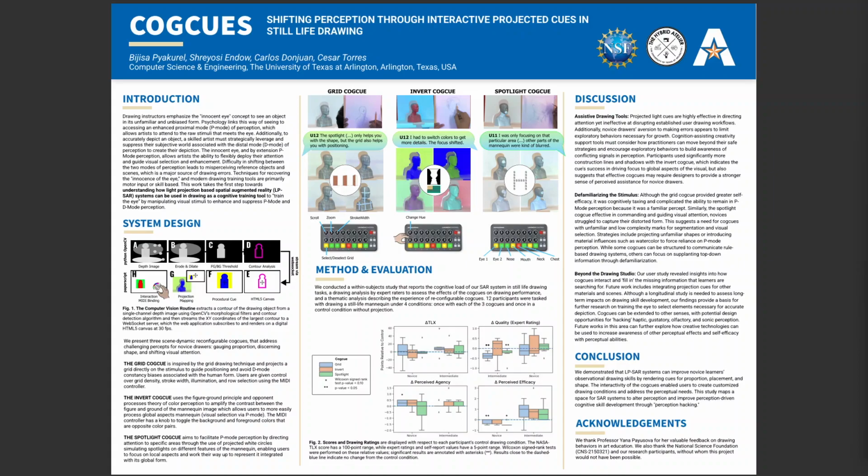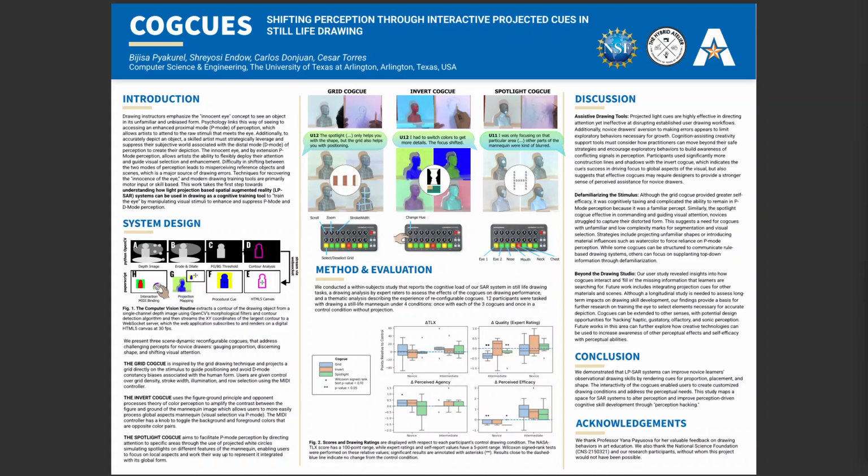The spotlight cog cue facilitates P-mode perception by directing selective visual attention to specific local aspects of the image, or features of the mannequin. To test the system, we conducted a within-subject study with 12 users who were tasked with